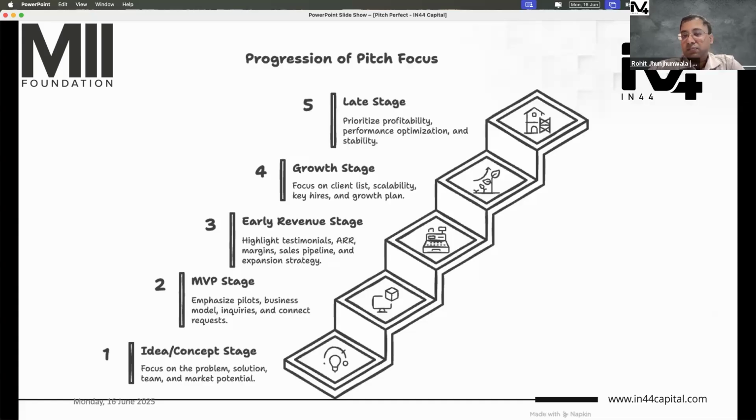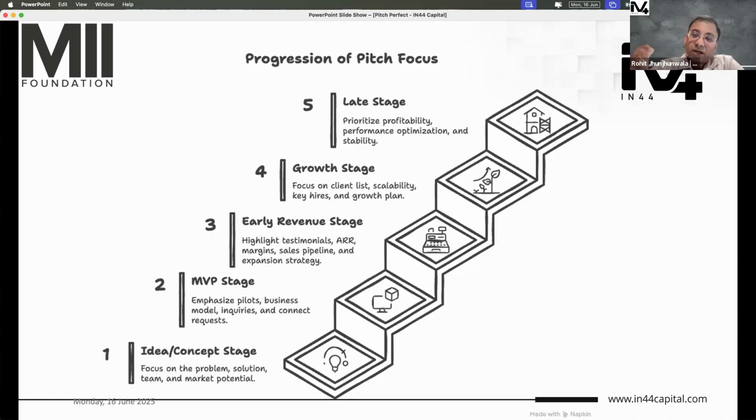Fine. So now let's come to the startup. When you have a startup, you have different stages, and you cannot have the same pitch all the time. For example, early in the startup journey, when you are just starting with an idea, you won't have a lot of information. You won't have growth. You won't have traction. You won't have an initial set of investors. You won't have much to show.